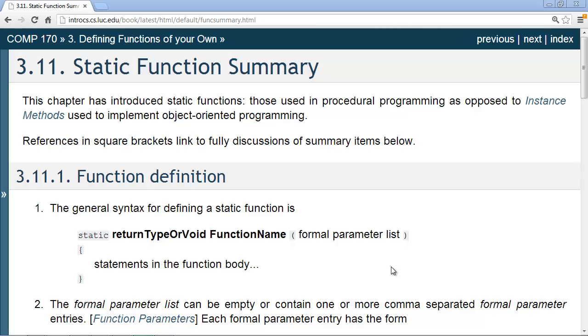The last section under functions is the static function summary. We've added features to functions gradually. Now we want to look at the syntax altogether. We have taken a historical approach. We have added the older, simpler kinds of functions, including the usage that you have in traditional math, not the more recent instance methods